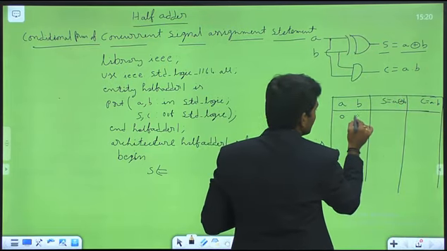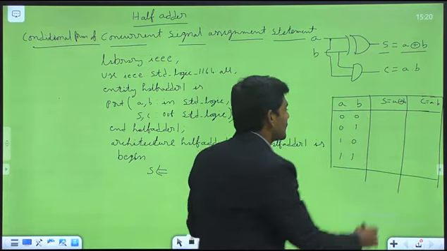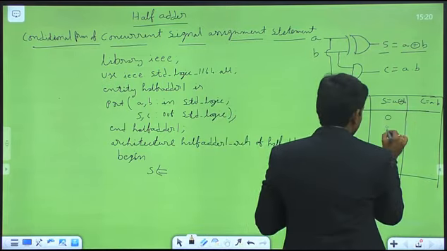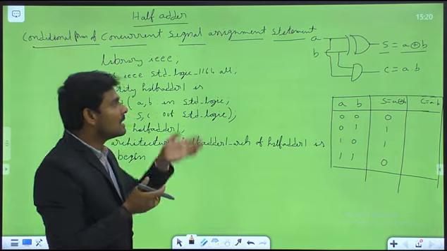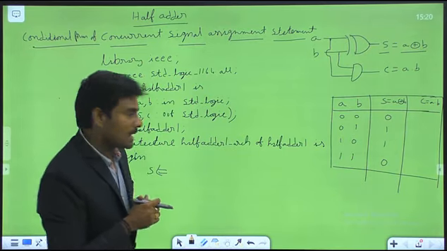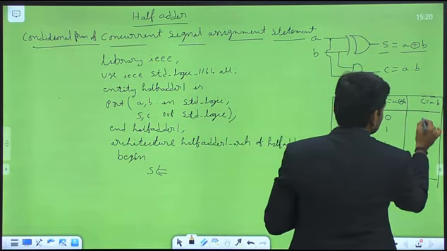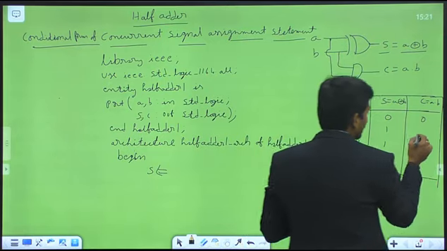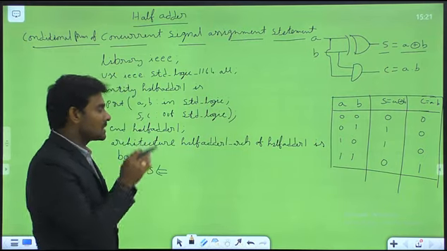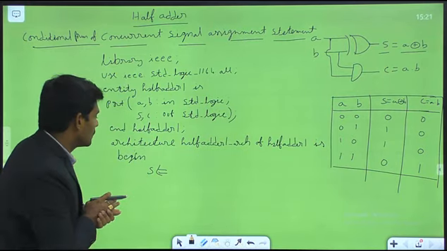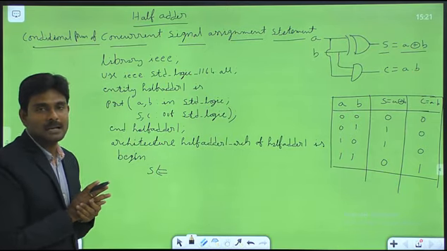Because of two inputs, the total possible combinations are 4. For sum, A XOR B gives 0, 1, 1, 0. If the input consists of an odd number of ones, then the XOR output becomes 1. For the AND operation, you know that only when both inputs are 1 does the output become 1; for all remaining combinations, the output becomes 0. Based on that, you can now derive this concurrent statement in conditional form of the concurrent signal assignment statement.